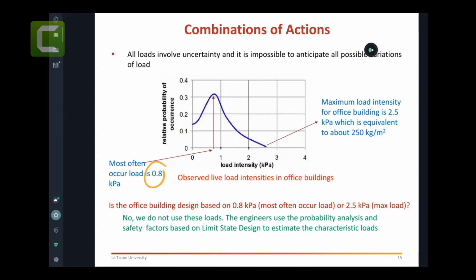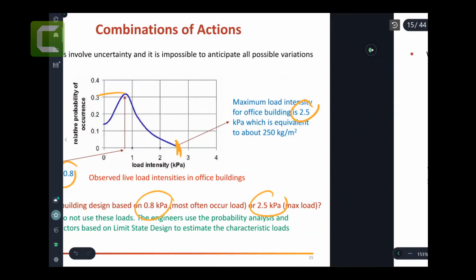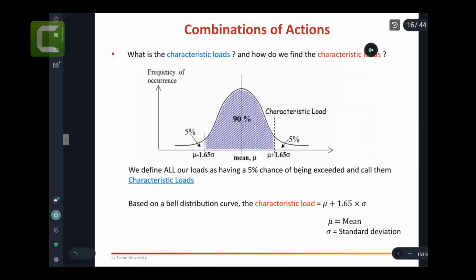It's not a lot, actually. 0.8 kPa is frequently the load applied on X type of floor, right? However, there were very few situations where the loading goes up to 2.5 kPa. Now, the question is, are we deciding between these two, here or there? Next slide will tell you, no, there are some statistics people have gone through, and that's how the standards are